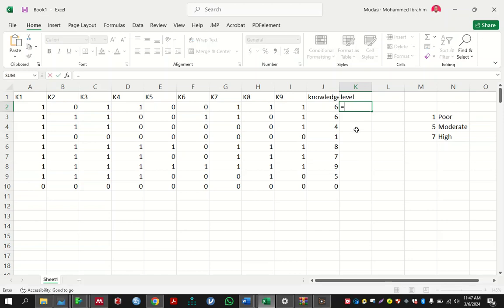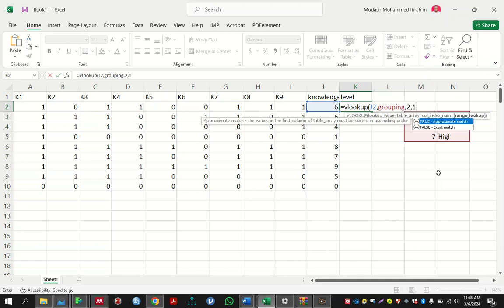So just click equal to, then VLOOKUP, bracket open, no spacing, click on the score, comma, highlight the variable. You can highlight it, it turns to grouping, or you can simply type the name you give to it. If it is A, you say A, so grouping, it changes to red, then comma, then put 2, comma, 1, then bracket close. The 2 and 1 is constant,